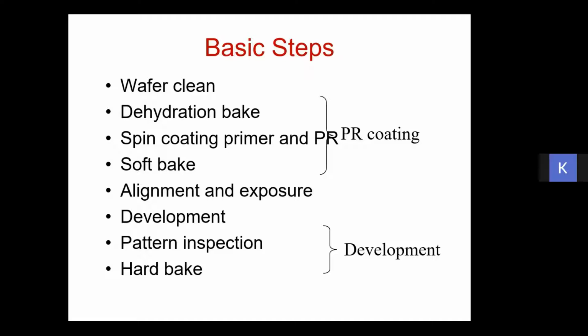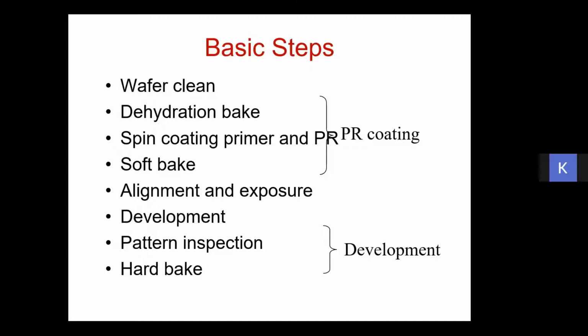After you heat it, you have to spin coat a primer over the wafer. Now that is not always done. When I myself have done photolithography, I normally haven't always used primer, but sometimes it is better to use a primer so that the polymer gets stuck well with your wafer. The primer helps to stick the polymer, or the photoresist, over the wafer. So first coat the primer and then the polymer.